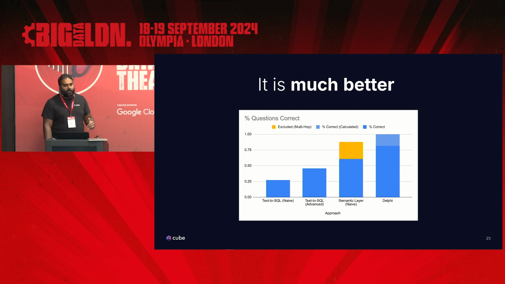And so what it was is it used a specific data model. So it was an 11-table data model, which was loosely based on an insurance context. So you had like claims and brokers, etc. And even though it was a small model, it was a rich model with some complex joins going on in it. And what we see here is that text to SQL on its own